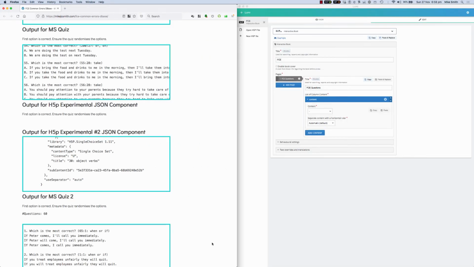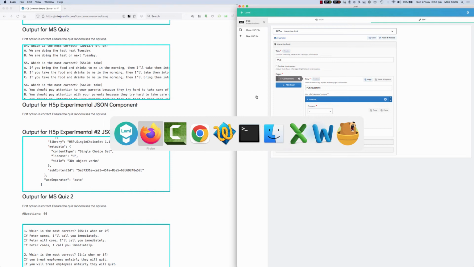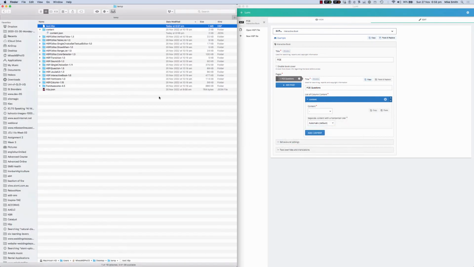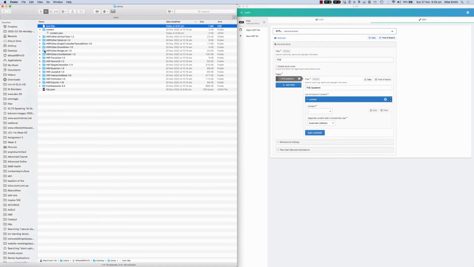Okay, so now let's have a look at, so that's using this output. Fantastic. Okay, now finally what I'm really super excited about is the ability to create H5P files using this automated output as well. And this is a bit trickier because it does require you to get into the data file of a H5P package, and that's a little bit complex. But effectively this H5P file here, which is just an interactive book with a column in it and ready to go with some questions, but it doesn't have any questions at the moment, that's represented by this expanded file here,